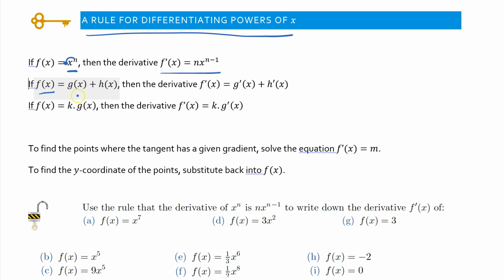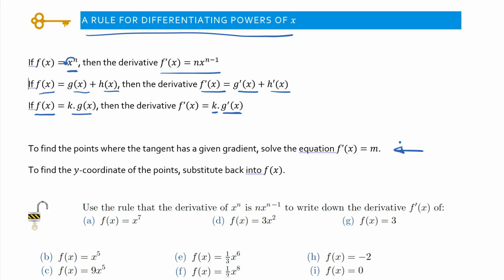If our function is the sum of two other functions, then the derivative is the sum of the derivatives of those two functions. And if our function is a constant multiplied by some other function, then the derivative is the constant multiplied by the derivative of that function. These other points,